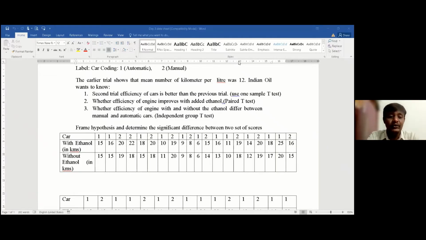Now we need to download this particular sheet into your SPSS software. Madam, now you can share your screen, or anybody who is interested can share their screen. Narayana ma'am, can you hear me? I think she is not available. Yes, sir. You can share your screen, madam.